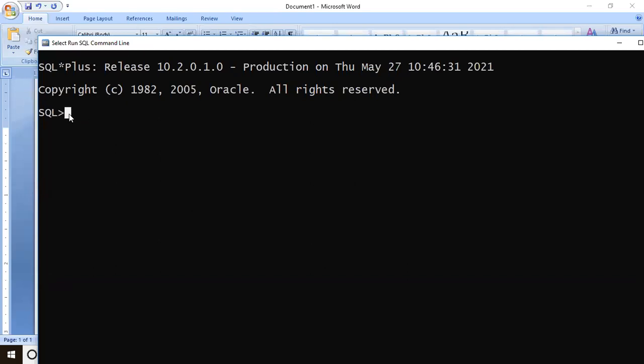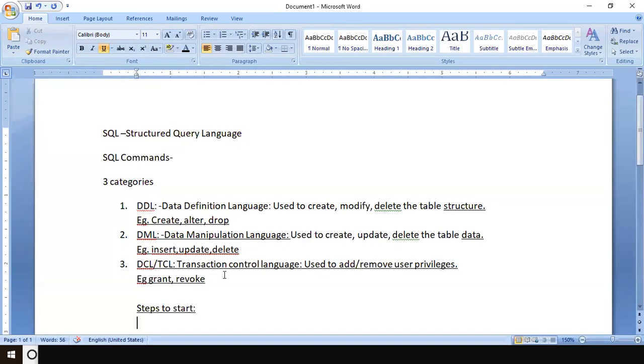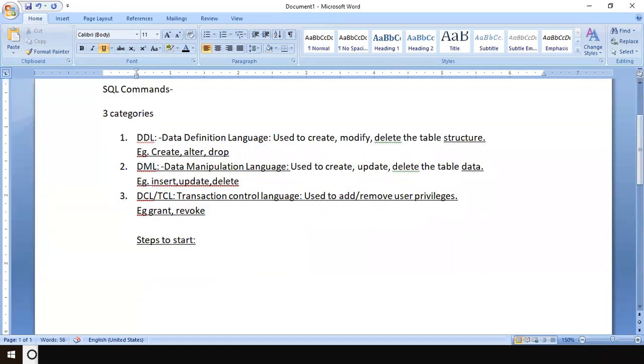Now here to log in, all of you write down the steps to log in. Whenever you write any Oracle command or SQL command, you will be writing like this. Always write SQL prompt, and then in front of that write the command.